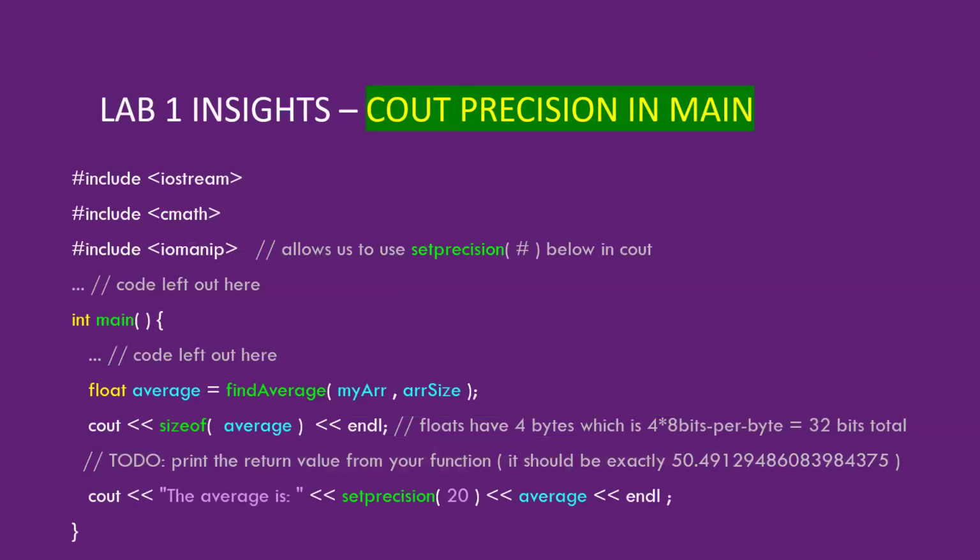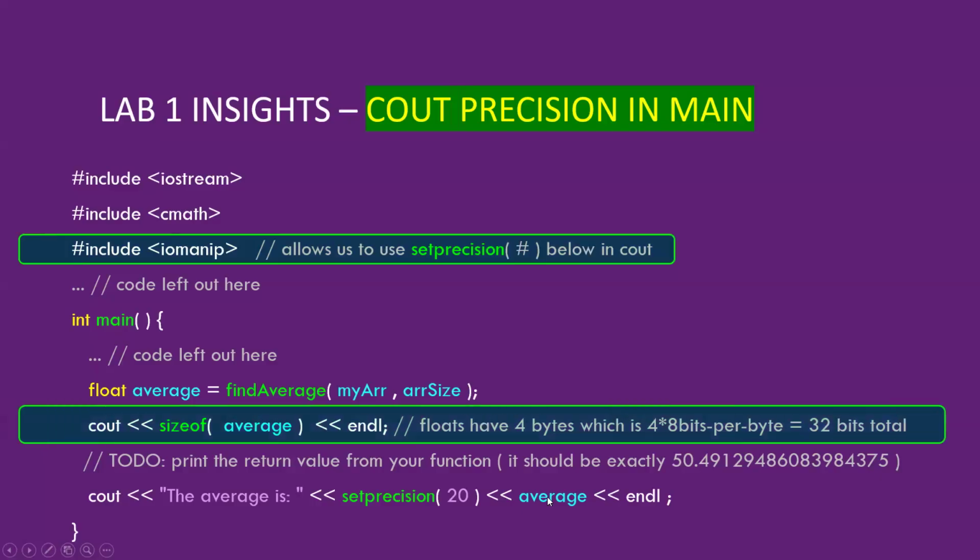Now, for most of our labs, some of the insights that we got when we calculated the average were just about managing precision. I should have been more clear and put this in your main section. Setting precision in the output stream doesn't give us more precision in our math. It just shows us more precision. The precision was always there. I just forgot to load the iomanip library and then print out more digits in base 10, right? So we need to do that.